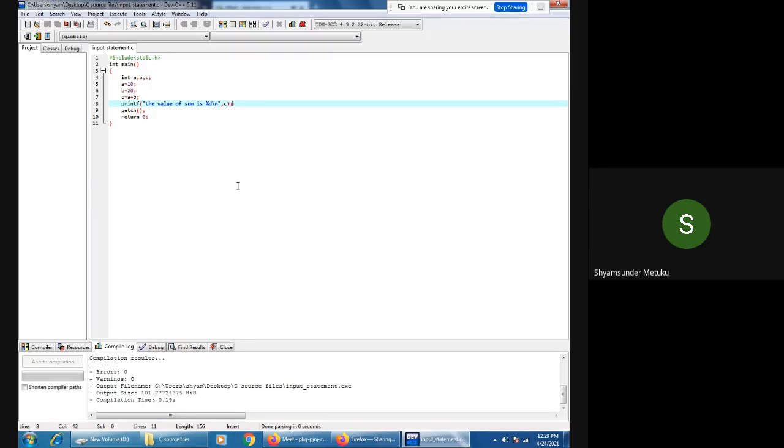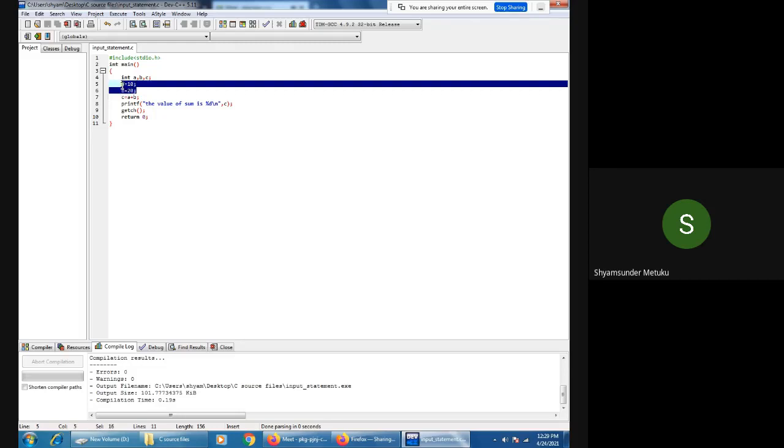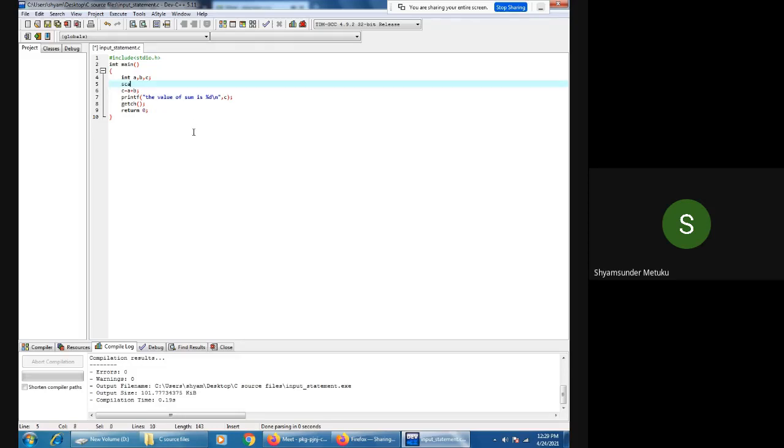But I want the program to act like an addition program for somebody, where A and B must be variables, or the user must have a provision to modify the values of A and B. So that is the reason I removed these two statements. Instead of that, I use a scanf. Scanf, because I wanted to use two inputs. So two format specifiers, %d %d, then comma, ampersand A, comma, ampersand B.